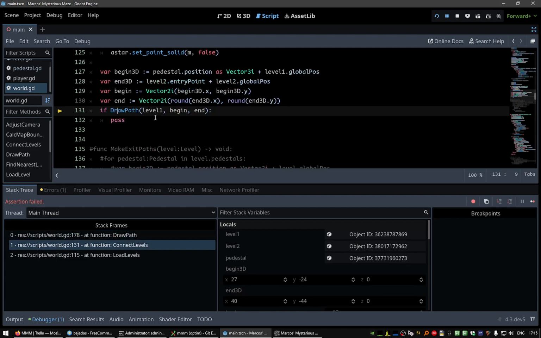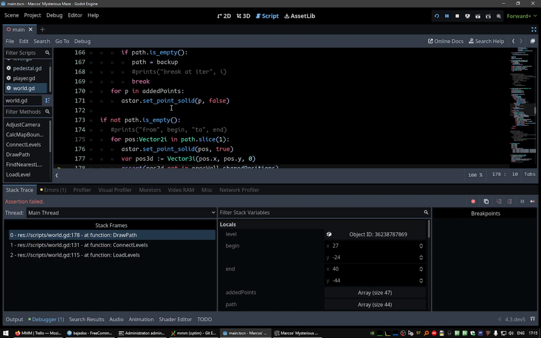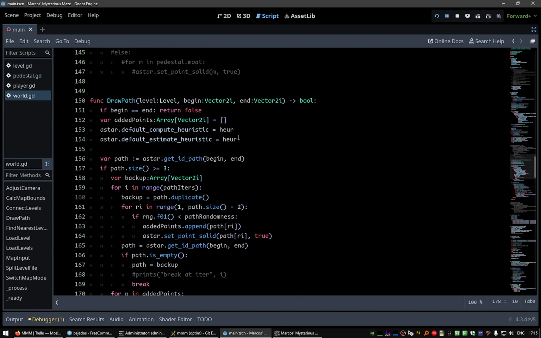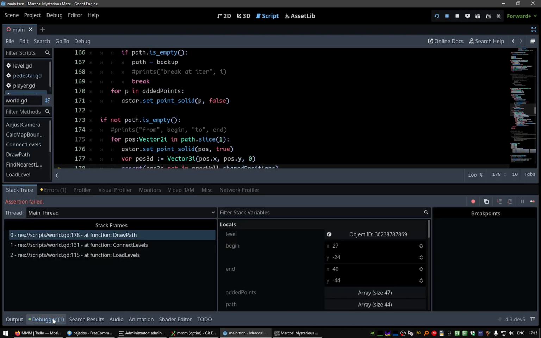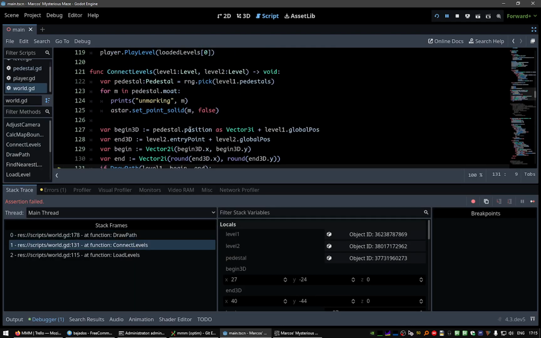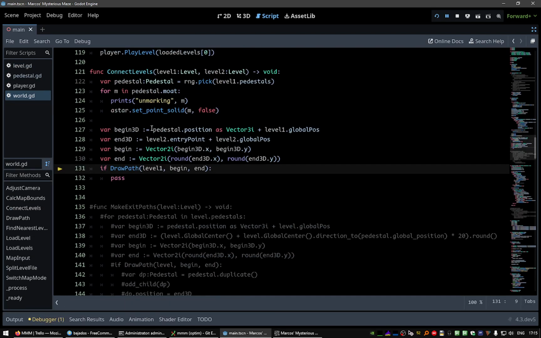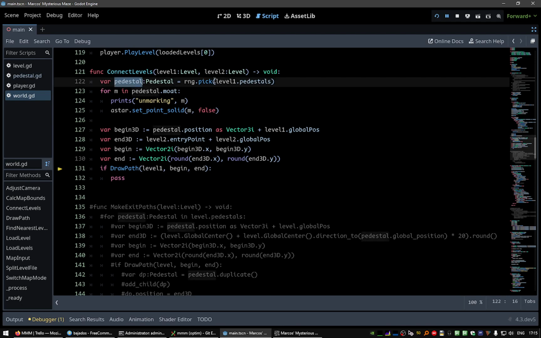This is called here. This is called here. And this is called here. Drop at level 1. We choose a pedestal at random. For that pedestal, we unmark